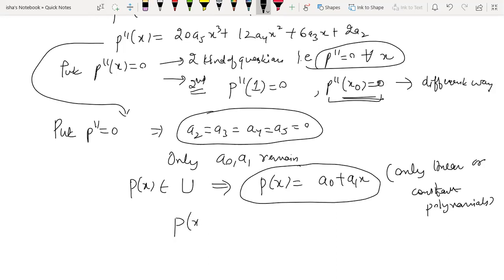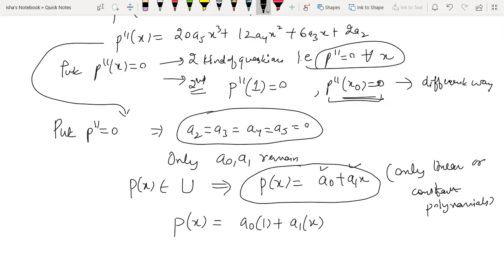Now you tell me what is going to be the basis of it. So you look at how many coefficients are there. Two coefficients. So its basis will contain two elements. So it is a0 into 1 plus a1 into x. Here please do not treat x as a variable. X is an indeterminate because that is used to write the polynomial. It's a part of the polynomial. We are only focusing on the scalars.